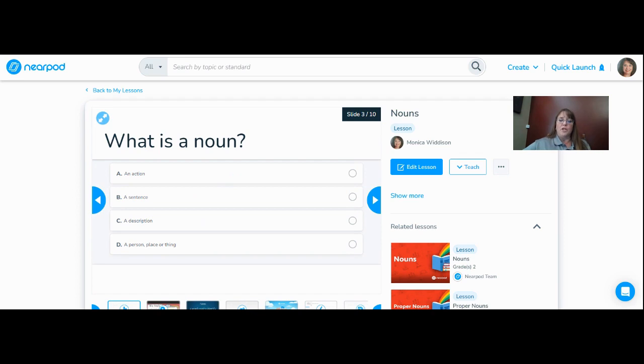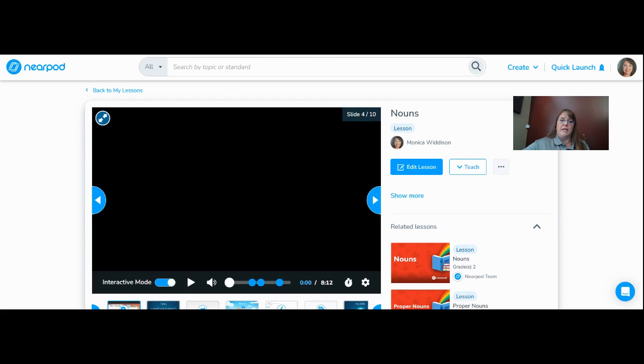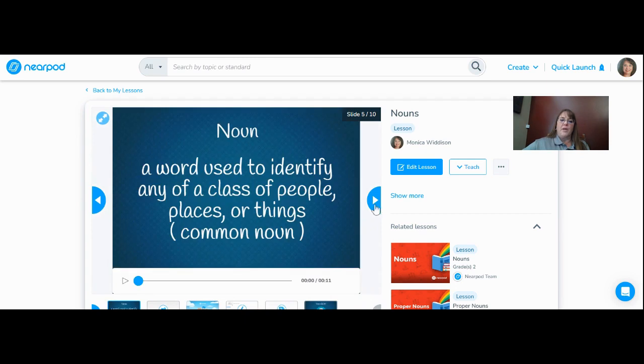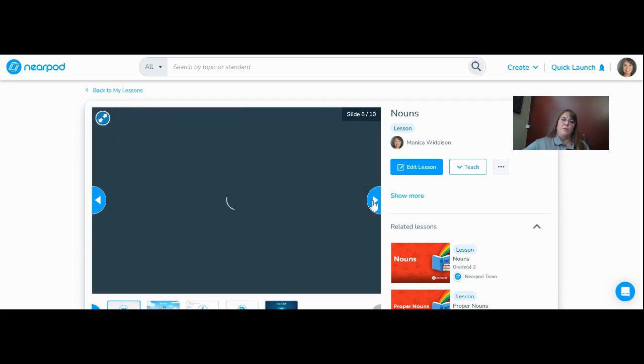So here's a poll just to kind of see where our students stand. With that, here is a video where they interact with the information. So each of these dots is a question that your student would answer. From there, we go into a definition. This is just a slide to give information. Then we have